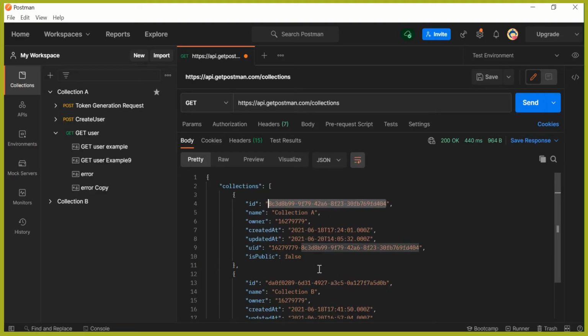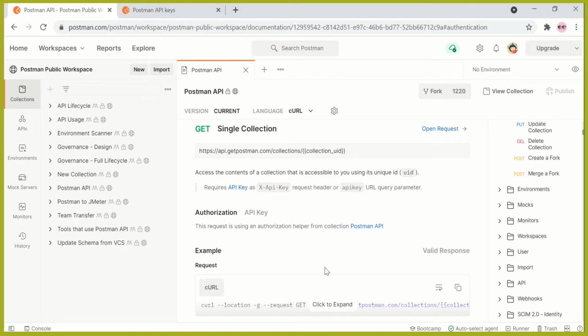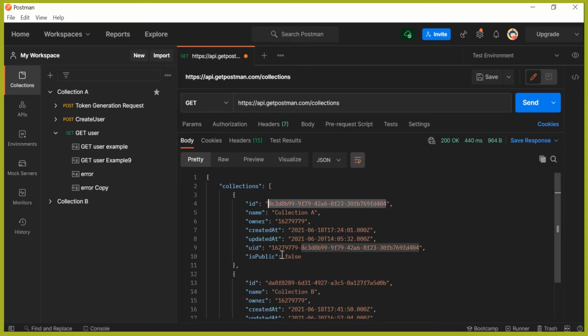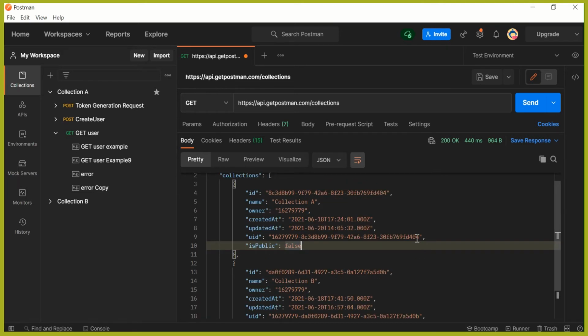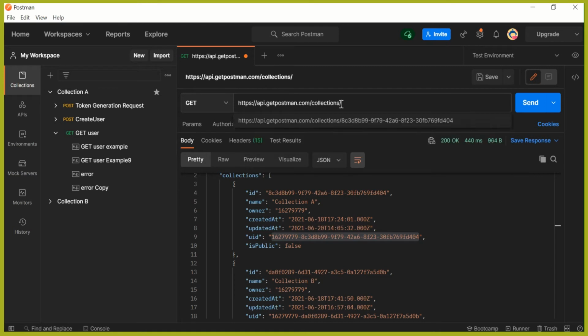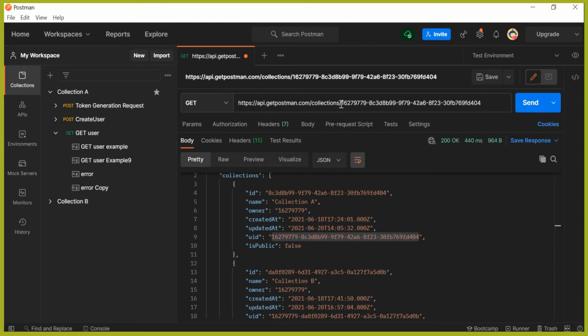This collection ID is nothing but what we have received in the response, which is this particular UID. So now what we are going to do is use this UID and send the request. Using this UID we are going to fetch the information about this collection A.